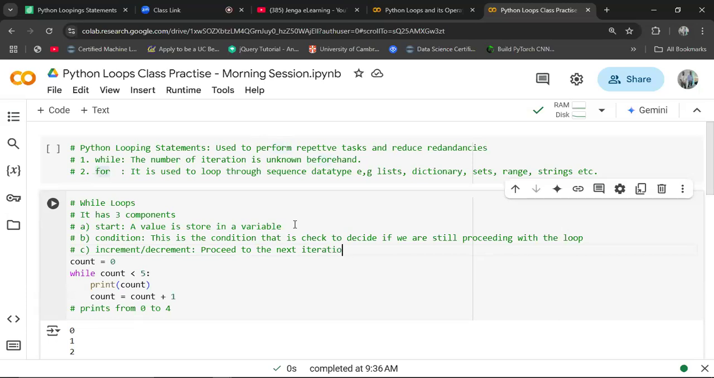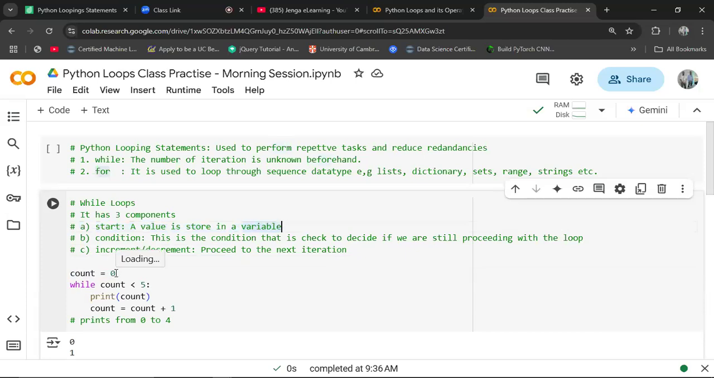So by using these 3, we can also explain this one again. We can say that count is our start. So you want to start counting from 0. So that is the start. We store the counter in a variable at 0. Then from there,